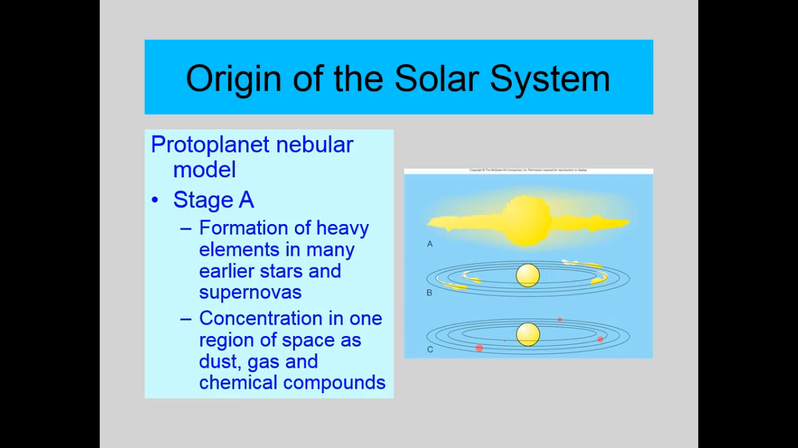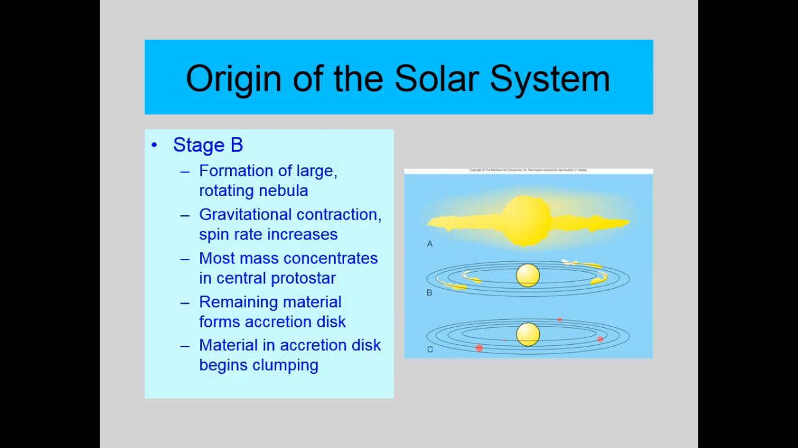Concentration in one region of space as dust, gas, and chemical compounds. Most of it is centered around the sun, but then a bit of it is scattered in a disk around the sun. And there's other stuff out here too, and that will later be the Oort cloud of comets. Okay, so there's stage A. Stage B, that's this one. The formation of a large rotating nebula. Okay,